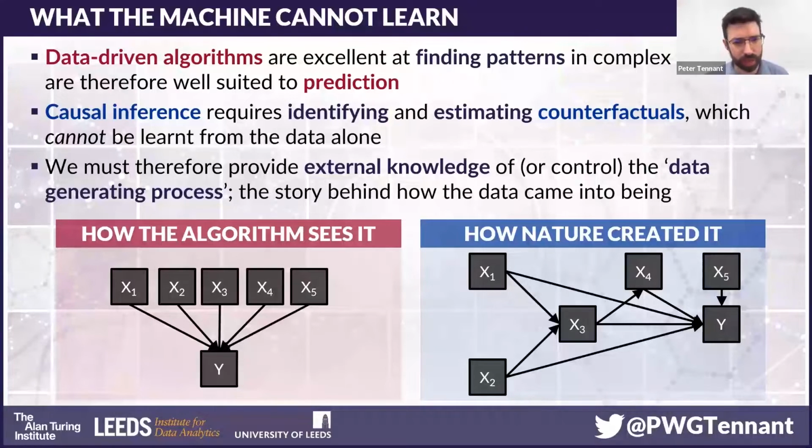And the reason we have to provide that is that algorithms see really what's in red on the left. They see correlations. They see a whole bunch of variables that we might call predictors, and then a single variable that we might call our outcome. But we know that, in fact, those variables did not just occur all at the same time, that there was actually some story behind their creation, with one causing the next and so on and so forth. And that we have to provide that information about how nature created the data in order to start to answer